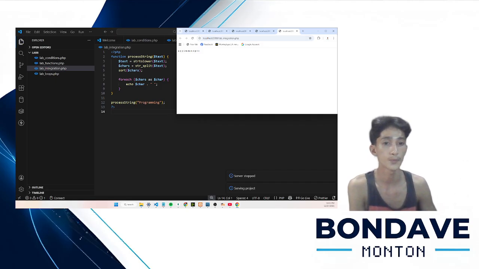And also sorted and printed using a loop right here.